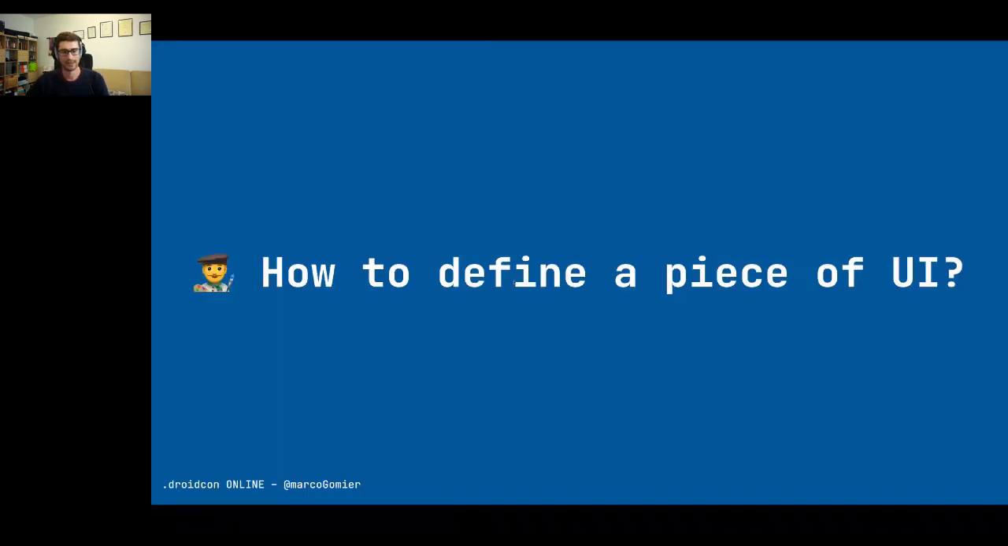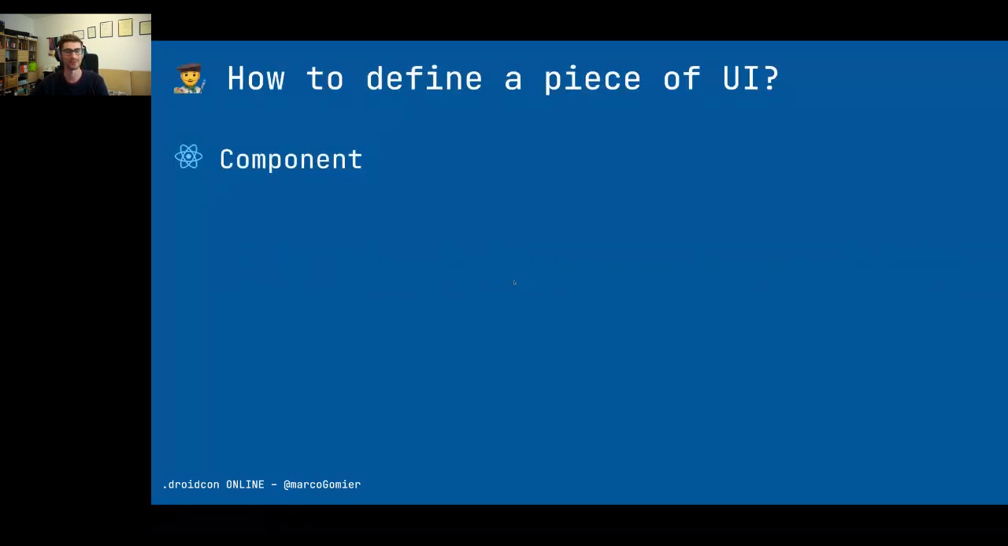All right, but how can we define a piece of UI inside our application? Well, again, it depends, but things are very, very similar. So now I will tell you how things are done in the different frameworks. Starting again from React,